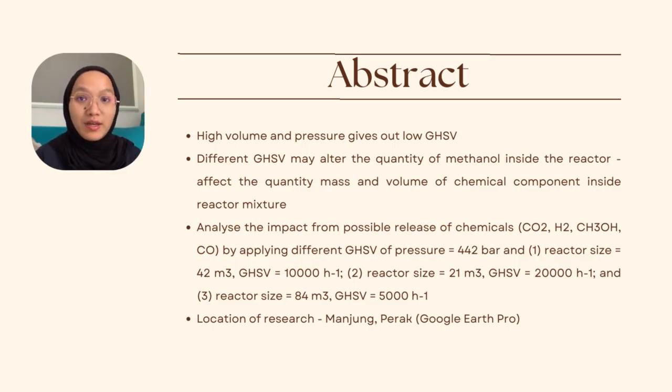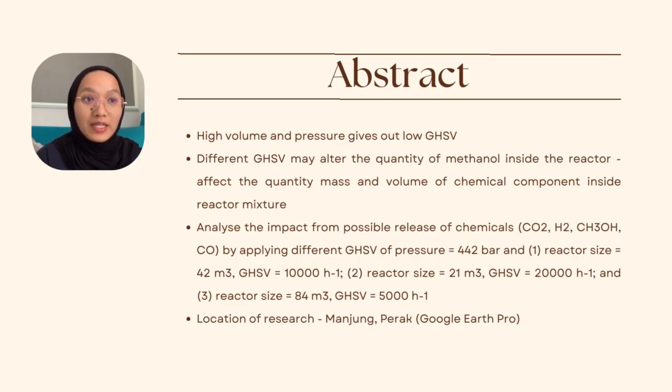The relation between high pressure and high reactor volume with different gas hourly space volume is quite remarkable, as high pressure and high reactor volume gives out low GHSV. In that case, different GHSV may alter the quantity of methanol inside the reactor, which will also affect the quantity, mass, and volume of chemical component inside the reactor. And any alterations made to the GHSV will also impact the safety of the plant according to the inherent safety concept. This research is conducted to analyze the impact from possible release of chemicals, carbon dioxide, hydrogen, methanol, and carbon